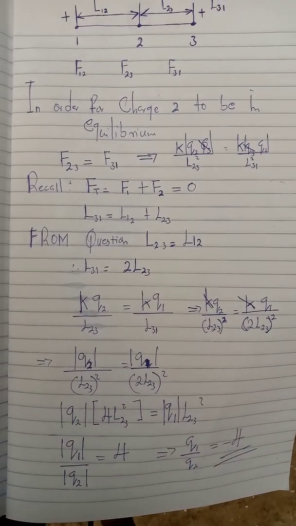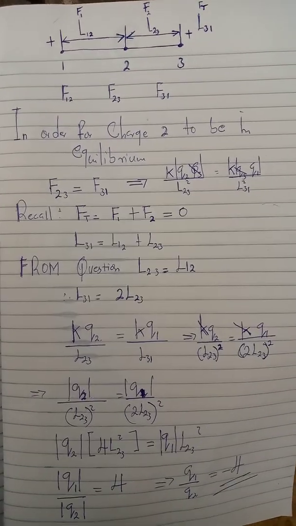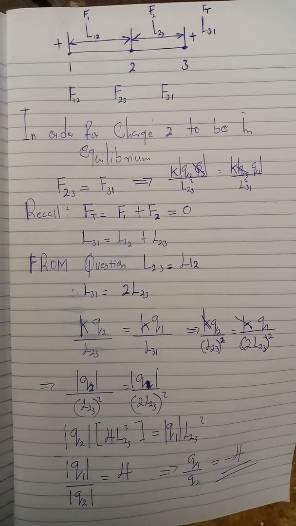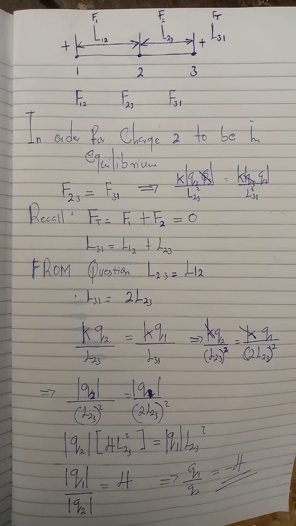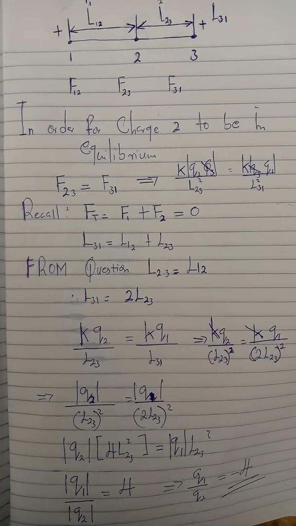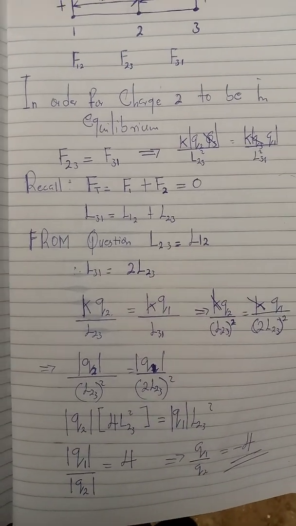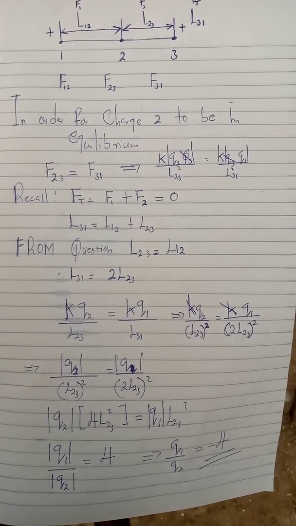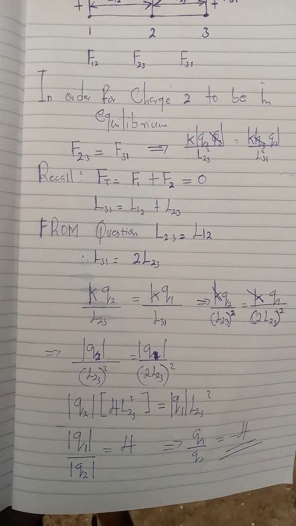So when you add L1 of 2 plus L2 of 3, you remember from the question, if you check the question very well, your L3 of 1 was given as 2L2 of 3, and your L2 of 3 was given as L1 of 2. So when you insert it there, you have your L3 of 1 to be 2L2 of 3. You understand? So when you apply Coulomb's law and cancel out the squares,